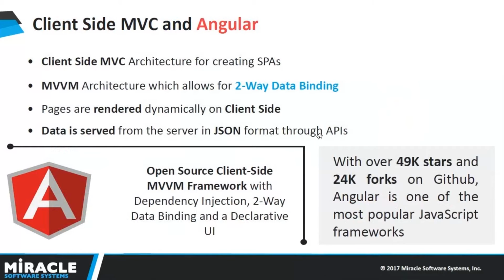Followed by AngularJS. AngularJS is a client-side MVC used to create single-page applications. If you already have experience in creating web applications using Angular, we'll make use of all those technologies and concepts in Ionic 2, which is almost the same in Ionic as well. And it follows two-way data binding. What is two-way data binding? Whatever data changes in the view will update the model immediately.